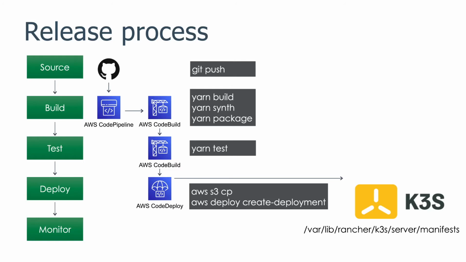We can provision additional devices for friends and relatives. And of course, we can recover from failure, as Raspberry Pis are notoriously unreliable, and reinstallation is simply reinstalling the operating system to the SD card, installing K3s, which is a single bash command, and then installing the AWS CodeDeploy agent and running a deployment. I also monitor this using AWS CloudWatch, which we have there at the bottom, extracting logs and metrics.